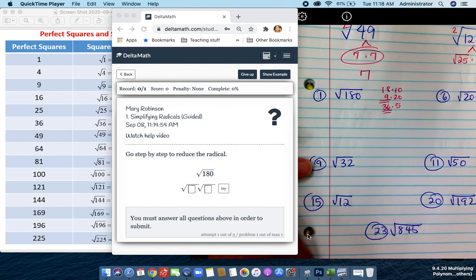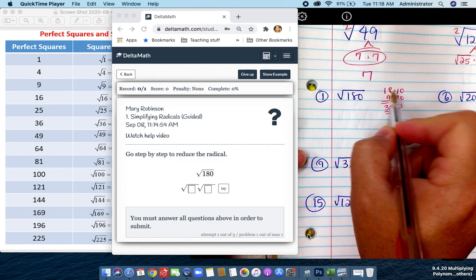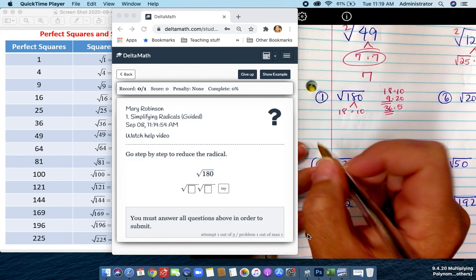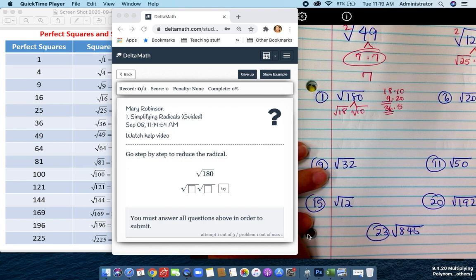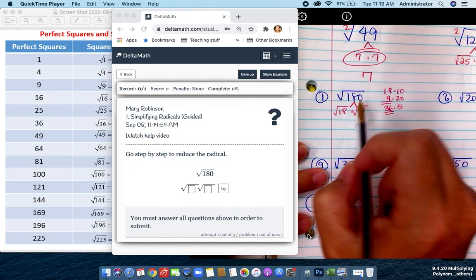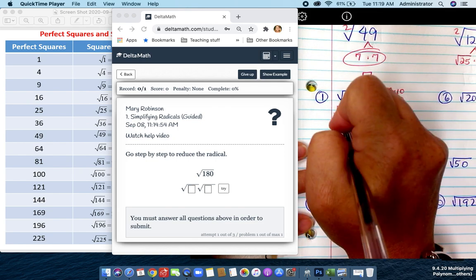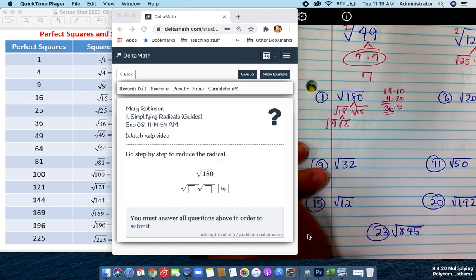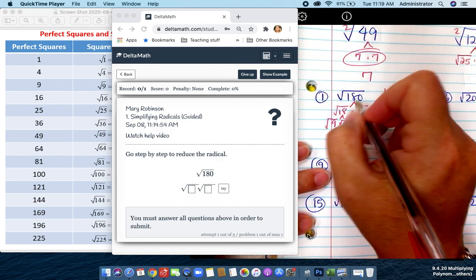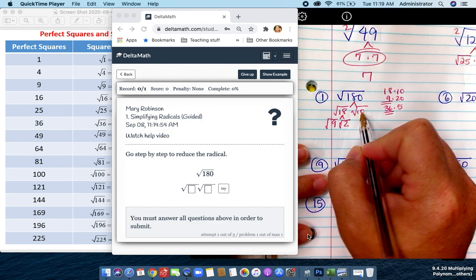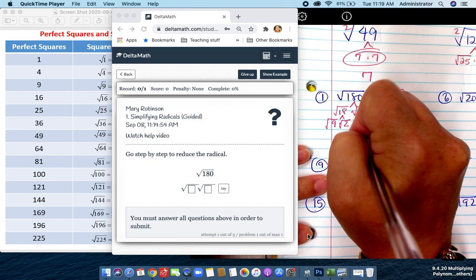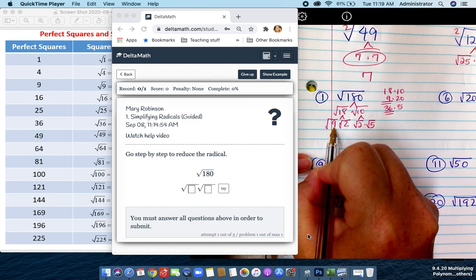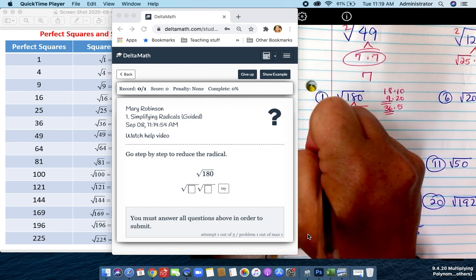So I'm going to show you a different method first. If I were to try 18 and 10 and break this down into, say, 18 times 10, as radicals, square root of 18 times square root of 10 is the square root of 180. I might recognize that 18, again, can be broken down into 9 times 2, and that the square root of 10 can be broken down into 2 and 5, but neither of those are perfect squares. So I do square root of 2 times the square root of 5. Well, I could stop here, but recognize that the square root of 9 is really the square root of 3